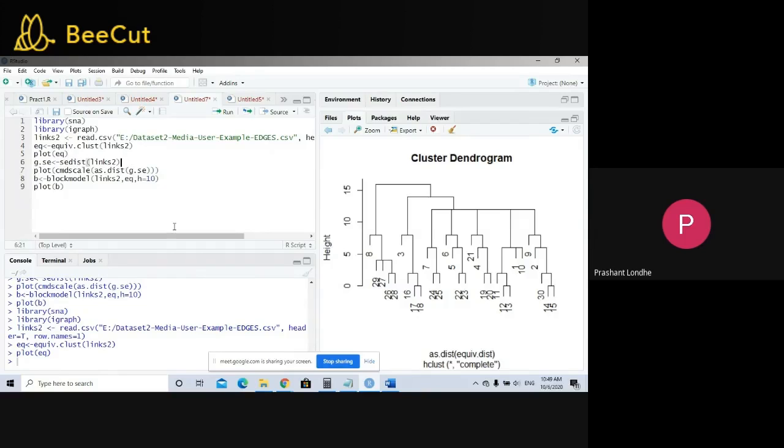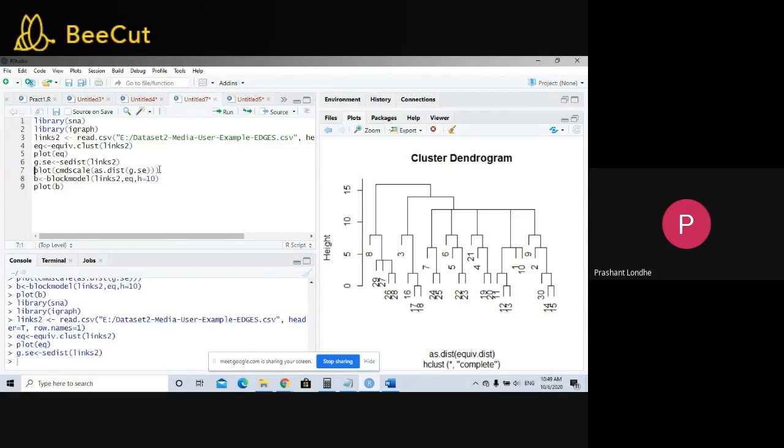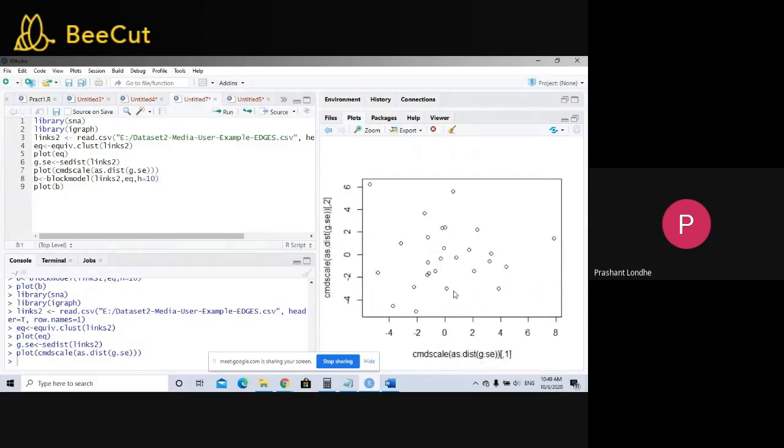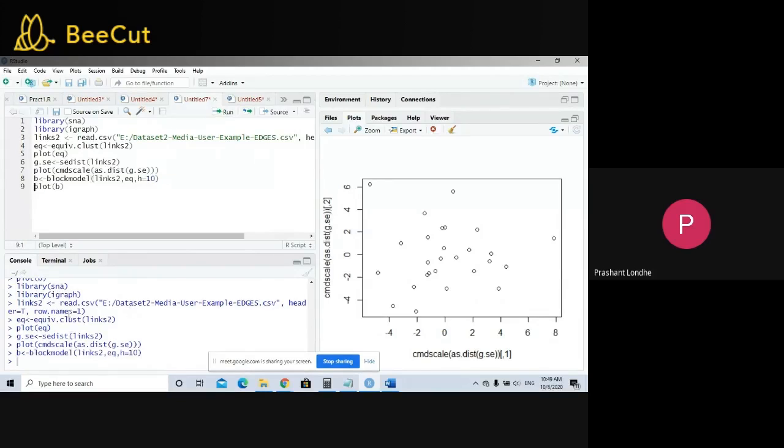The block model is going to give the exact overview of actual equivalence. So for that purpose, we are going to calculate the distance. Later on, you can plot that distance. So this is the actual centroid. You can say that they are the centroid. Means, for example, whatever data we have, we are going to minimize that data. We are going to find out the common factors, and these are the common factors. Later on, you can display this in the block model also, and you can plot this graph.